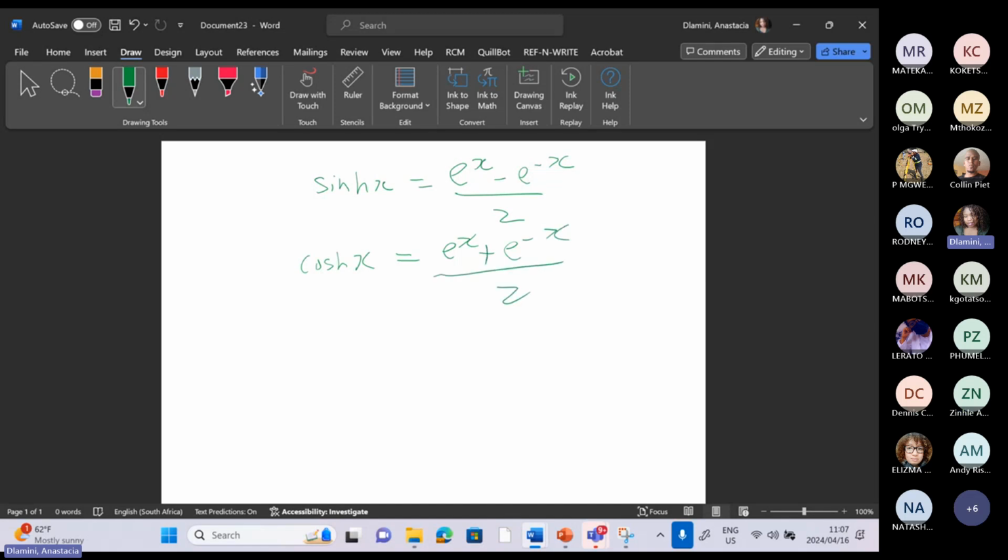So they are saying that for you to be able to find the derivative of these particular functions, what you do is you just look at